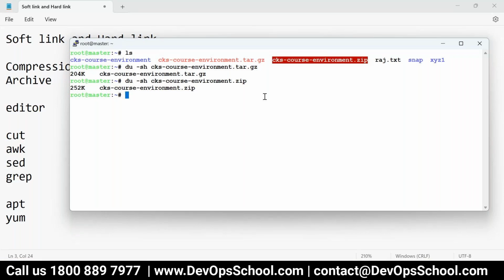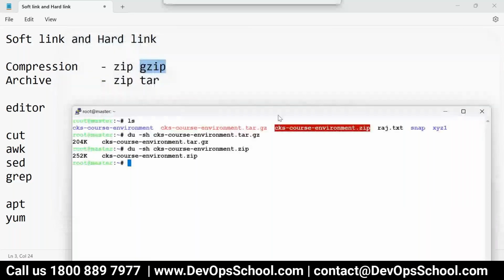Okay. Which one is not good? Because it is taking less space, size. Yeah. So which one is good? No, no, the first one. Yeah. So the archive is good. The tarball with gzip compression is very effective. You see in front of you the results are there. Okay, correct. Fine.